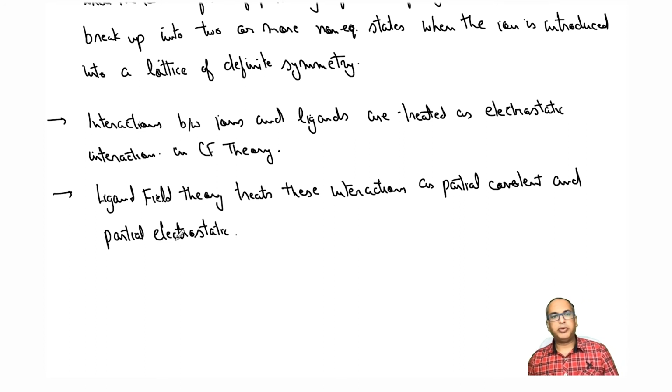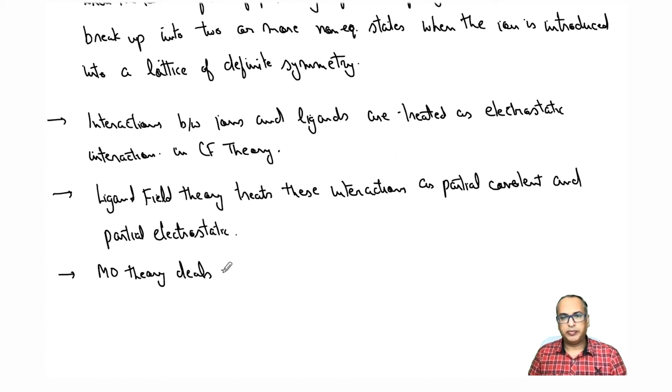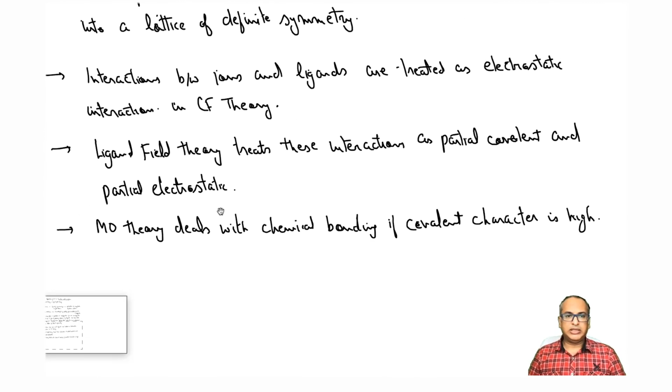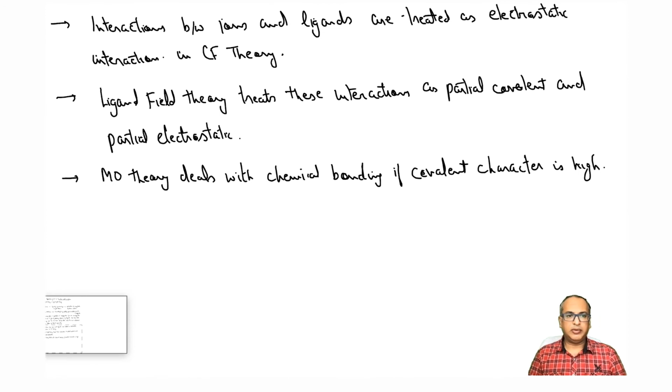And of course, if the covalent character is high, then we have already seen that MO theory explains the bonding. So we'll just write it for completeness that MO theory deals with bonding if covalent character is high. Okay, so that makes sense. So this is basically crystal field theory, and what we see is that if there is